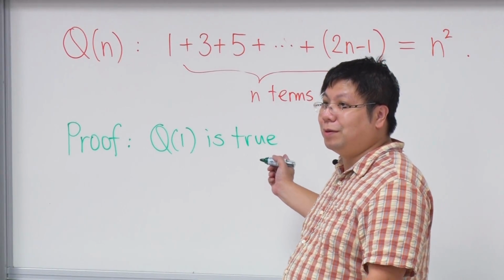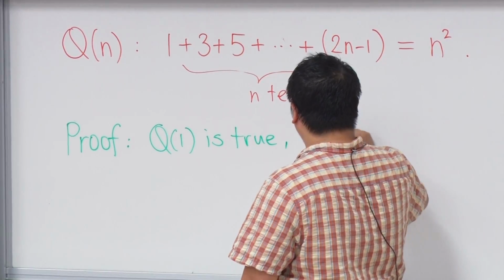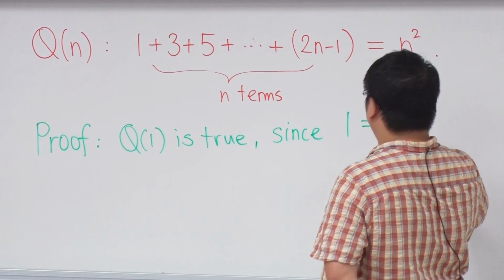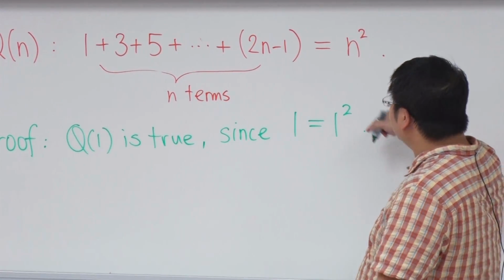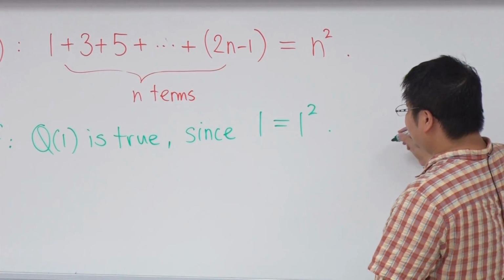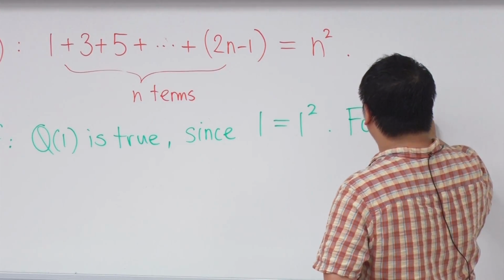It's trivial. But if you want to give a reason, then since 1 is equal to 1 squared. Now, you don't need to copy the statement here exactly. Use your own words. So Q1 is true. Next, you can say for the inductive case,